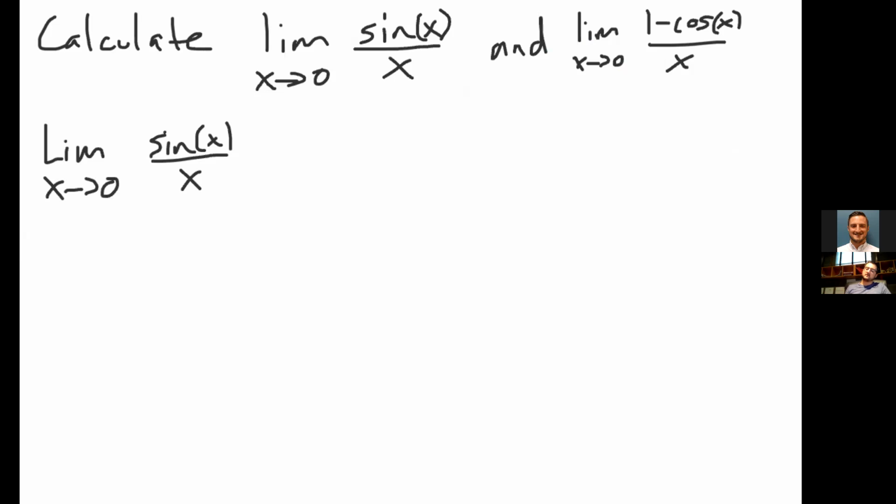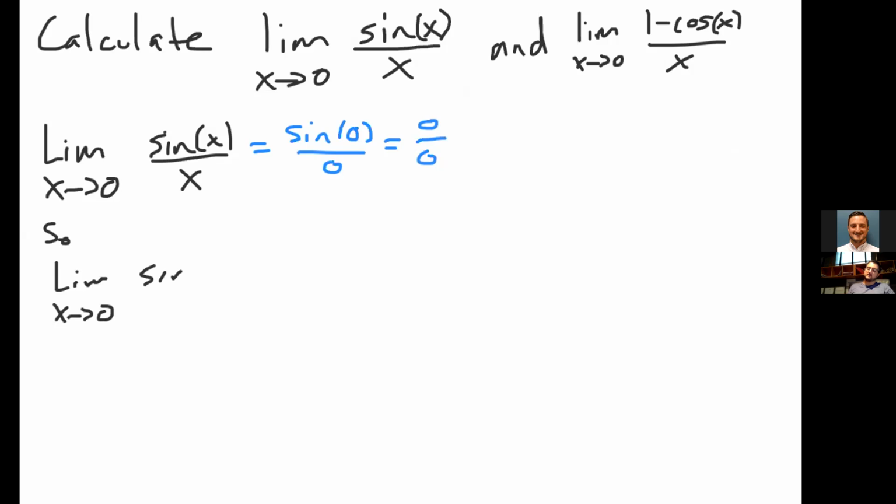Well, if I plug in 0, this is going to be sine of 0 over 0, which is a 0 over 0. So my limit is of the form 0 over 0, which means I can apply L'Hopital's rule. So then the limit as x approaches 0 of sine of x over x, by L'Hopital's rule, is equal to the limit as x approaches 0 of the derivative of sine of x divided by the derivative of x. Well, the derivative of sine of x is